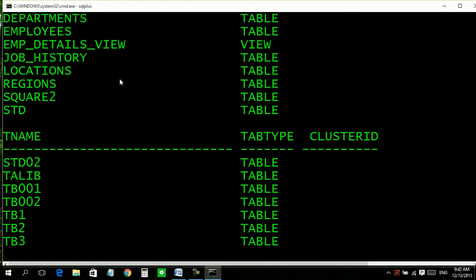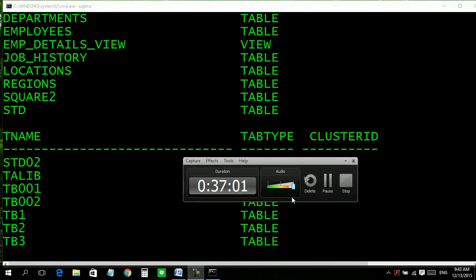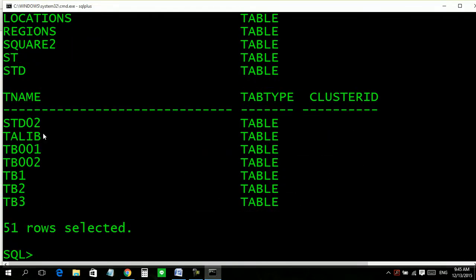It has gone. Now see, our ST table is back here.